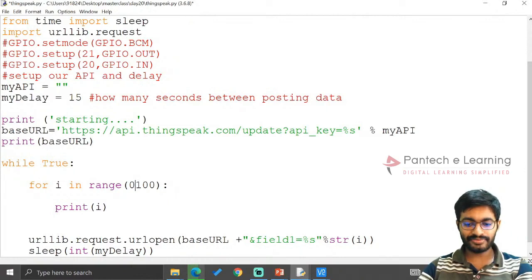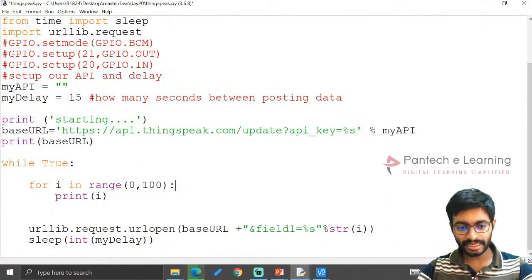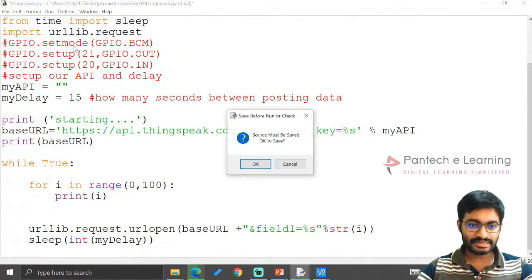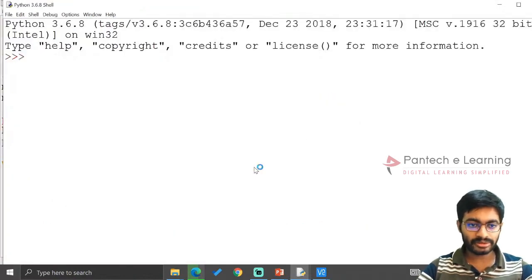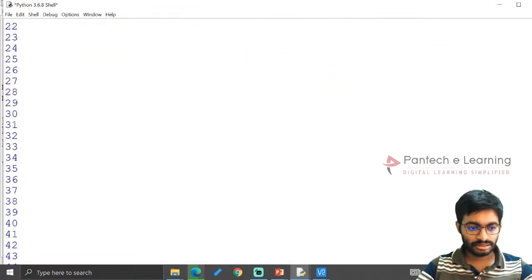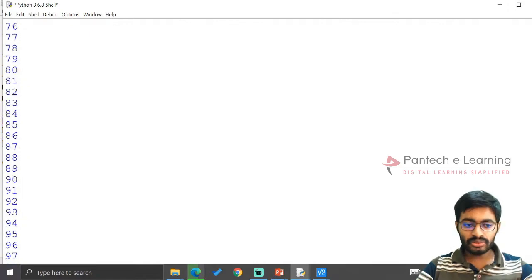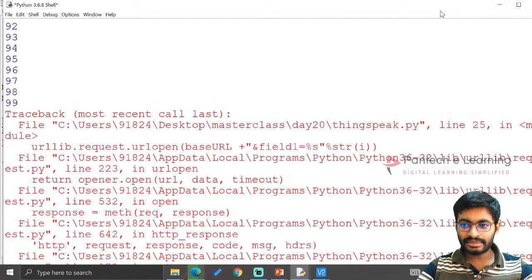Here I am declaring it within the range itself, i equal to 0. So within 0 to 100 it will be printing, and here also I can get the data. Let us give a try. In order to get all the data,